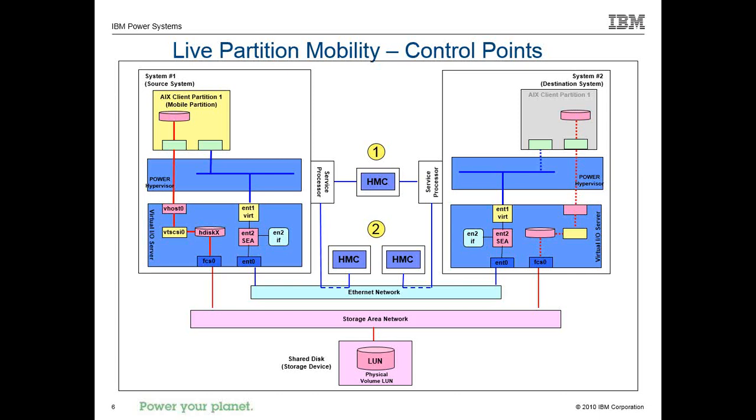So you have both HMCs, and we pass some information between the HMCs about what's going on with the migration, but then everything still flows through the virtual I/O server and the mover service subsystem on the VIOS to transfer data. So you don't actually transfer the data through the HMC from server 1 to server 2. The HMC acts as an orchestrator. So we support one HMC talking to both systems. We support one HMC talking to one system, and another HMC talking to another system.